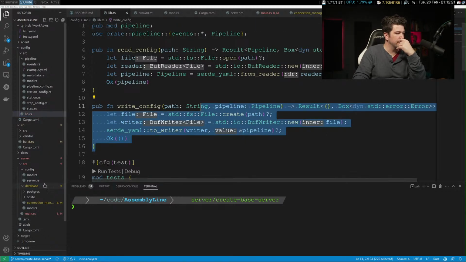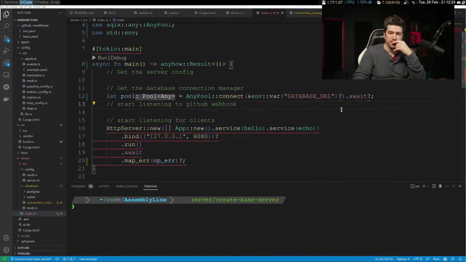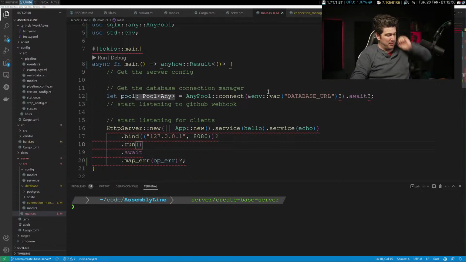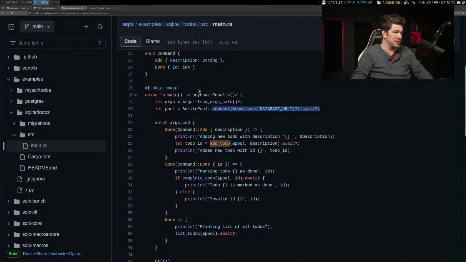These aren't very good examples. Maybe it has something to do with Tokio. This is a really strange thing that I've just stumbled upon, because how I would normally do it is just this right here, and then this would be fine with both of these. But now for some reason it's upset with both of these. But I think this is using Tokio. Yeah, this is using Tokio main. I don't know what I've screwed up.